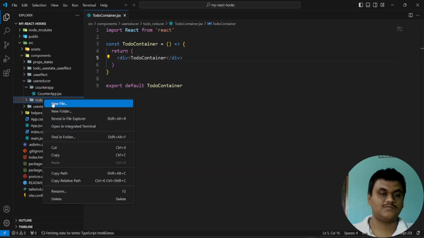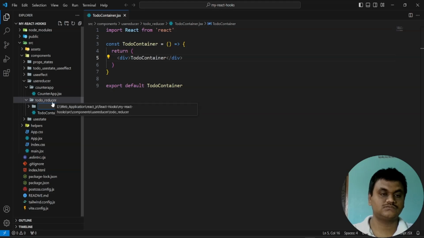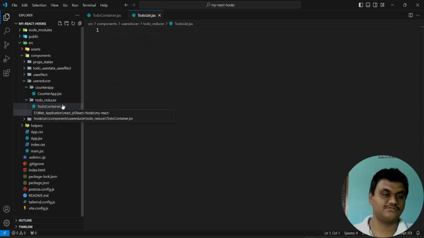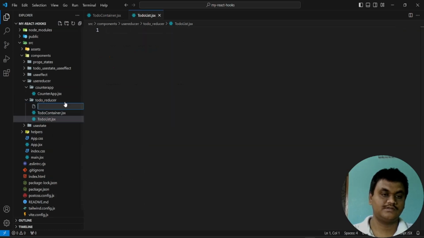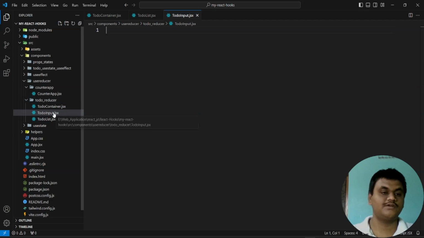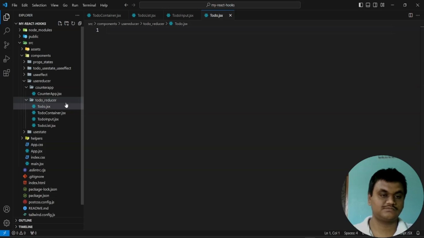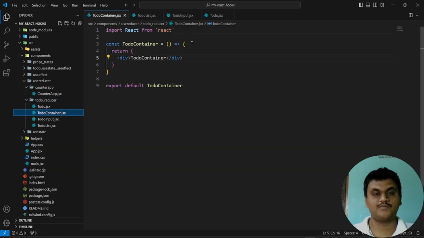I'm going to write the app. The todo list will contain the list of todos, and the todo input is the input we are going to take. And one more thing is todo, each and every todo, this one is a single todo. First, in that todo container, I'm going to create